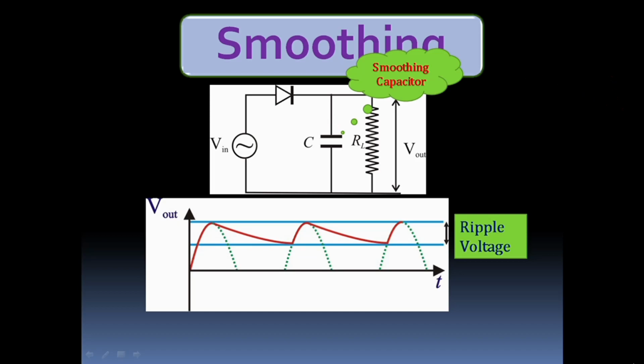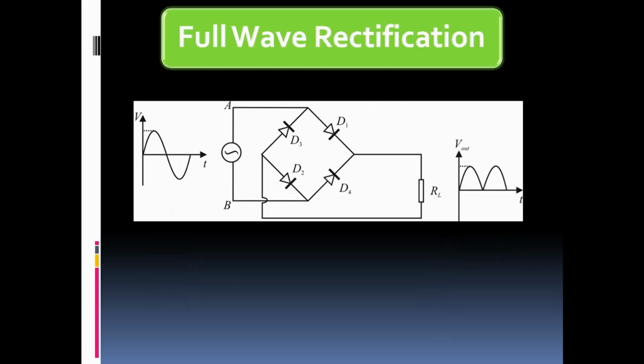During half wave rectification, the second half cycle is missing in the output. Therefore, energy related to the second half cycle is also lost. We cannot use that energy through RL in half wave rectification, but it is better if we can use that energy also through RL, then it will increase the efficiency of this rectification process.